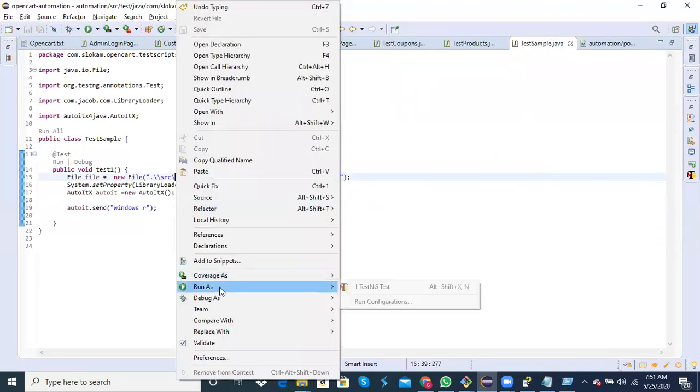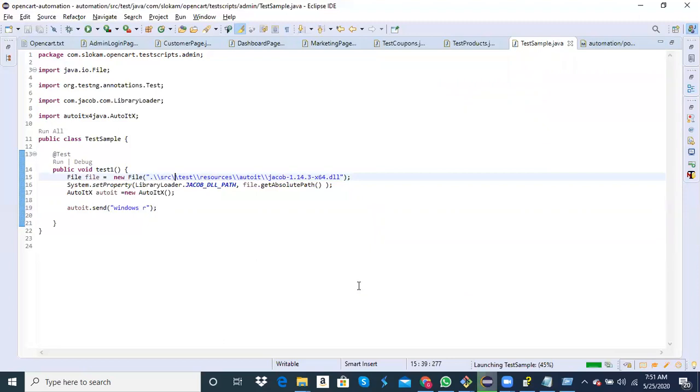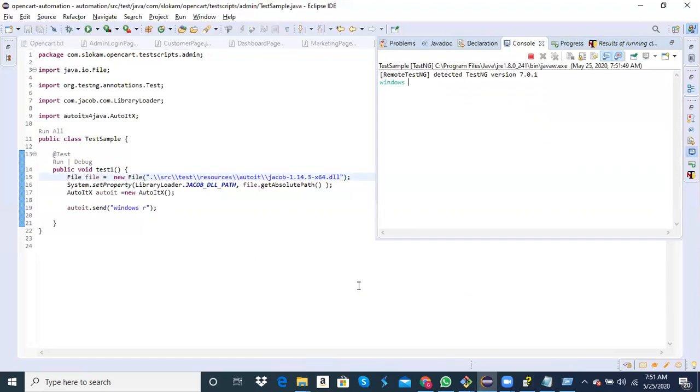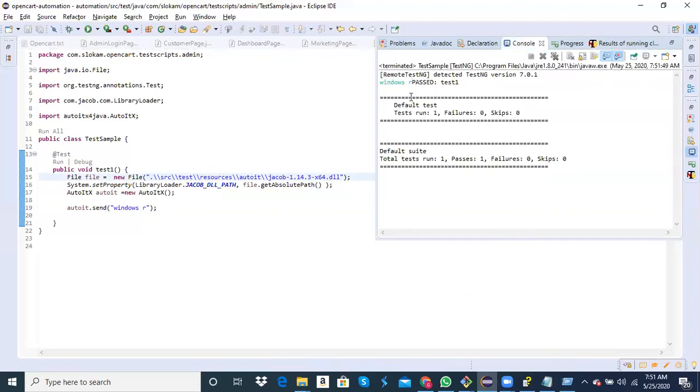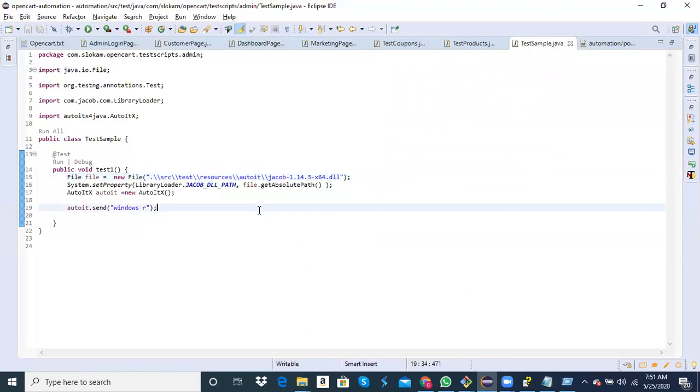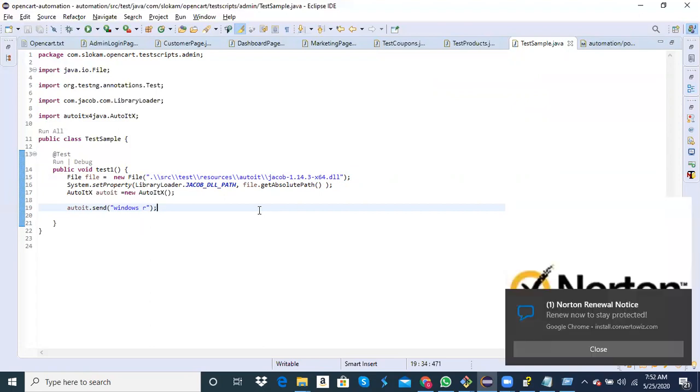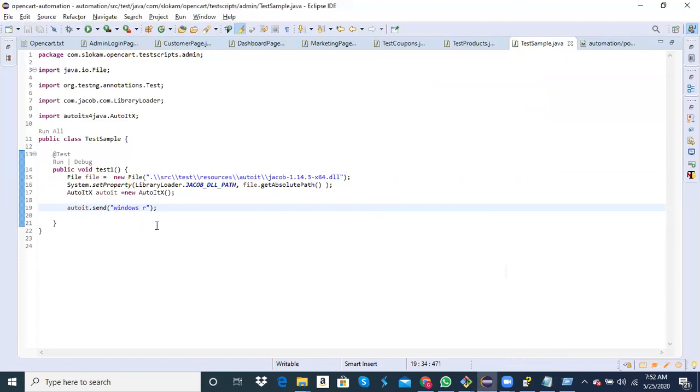Windows is a special key, right? What are the special keys that we have? We have multiple special keys like shift, function, control, alt, Windows key, space, tab, shift, caps lock. These are all the special keys.